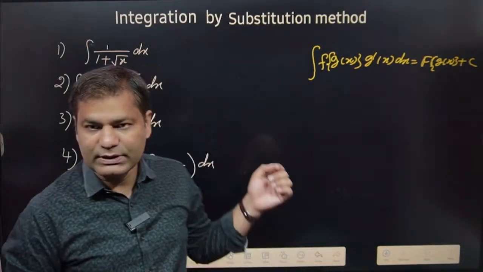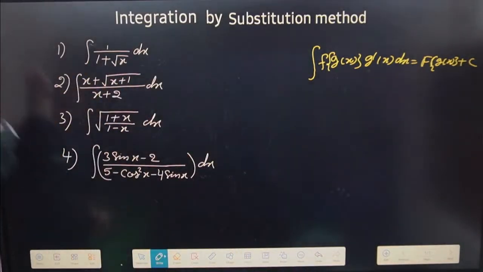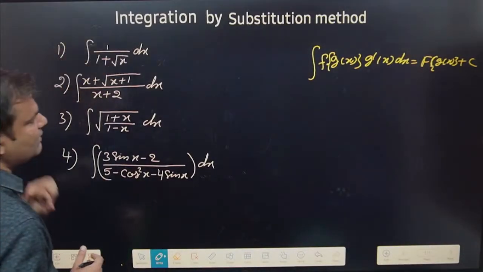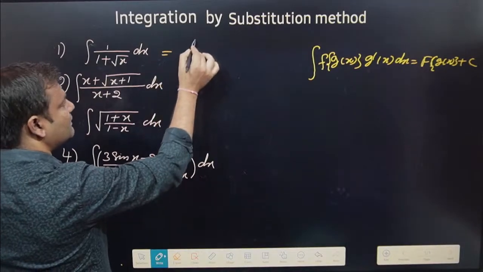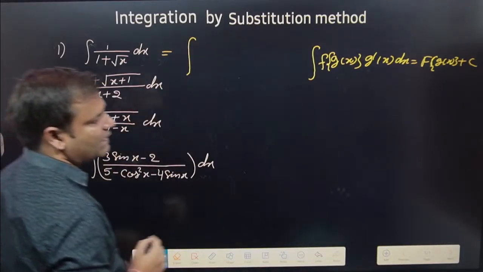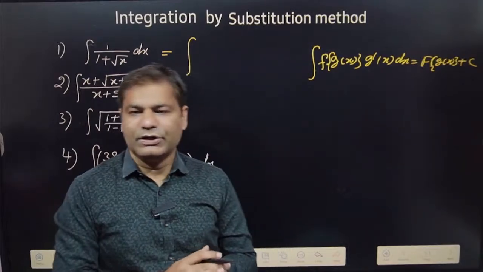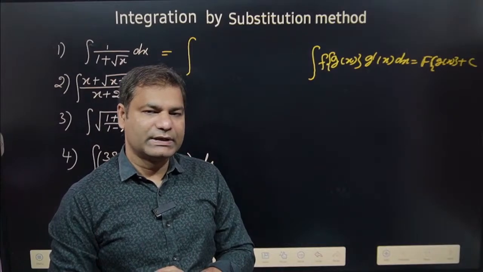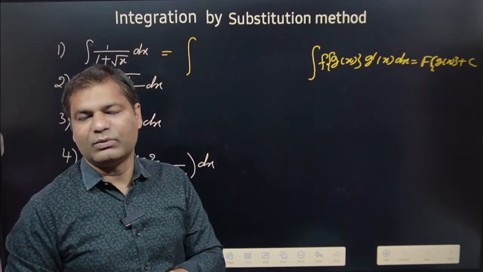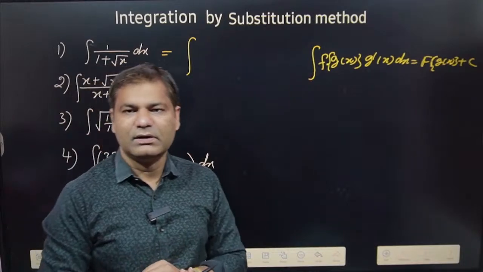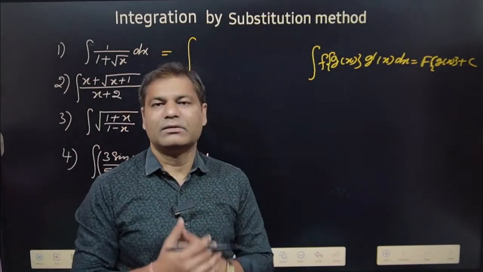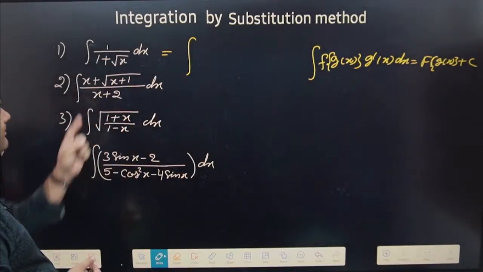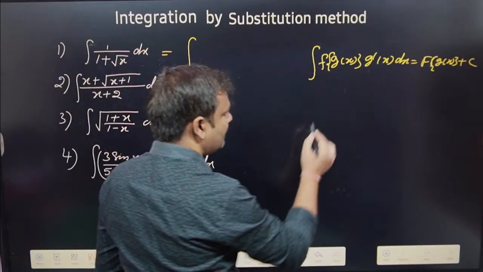So look here, how can we do this type of problem? Application of that: integration of 1 upon 1 plus root x dx. If you see this, 1 upon 1 plus root x, if root x is taken as t, then dt is not available. So how can we solve this type of problem? Look, which part is very difficult? 1 plus root x. So if root x is taken as t,